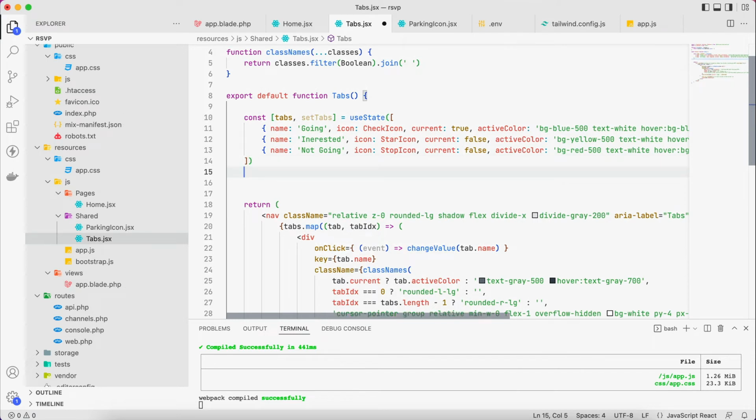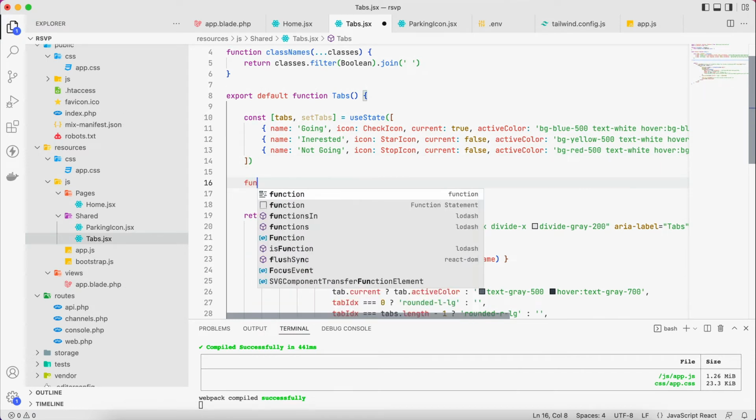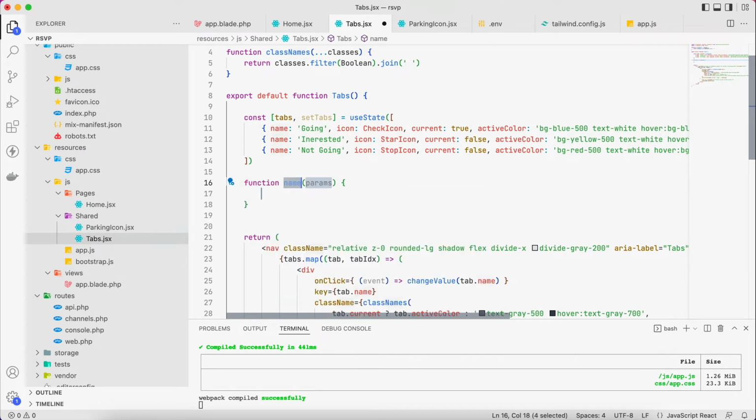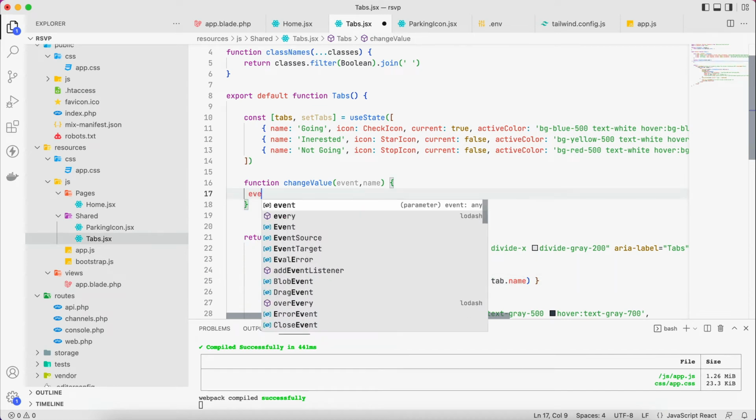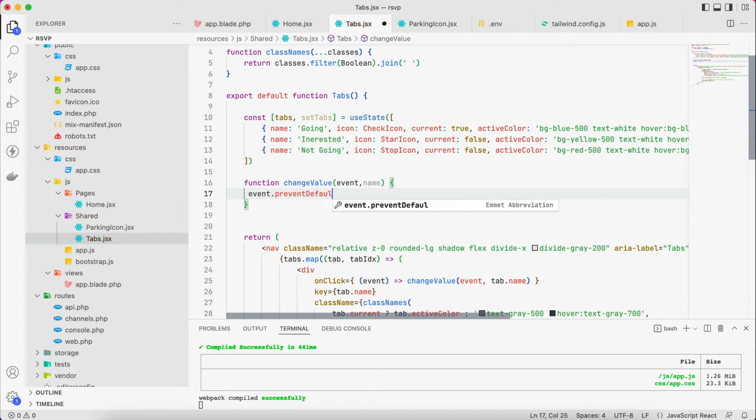And here we are going to make the function, so it's change value, it's taking, I didn't pass the event, so okay, an event and the name, and here I will pass the event as well. And the event, so we can event dot prevent default,